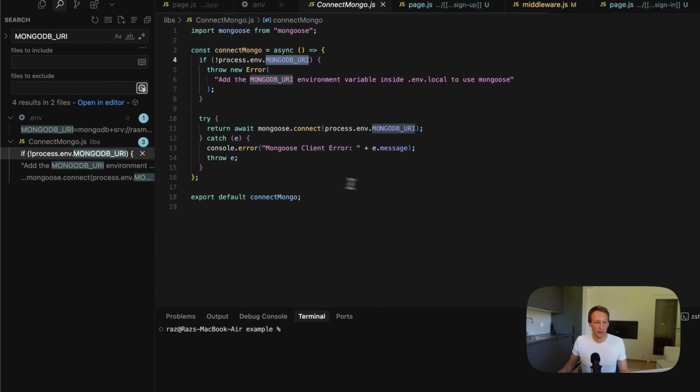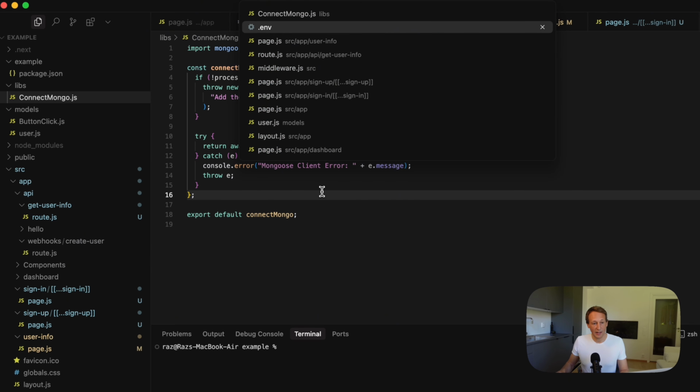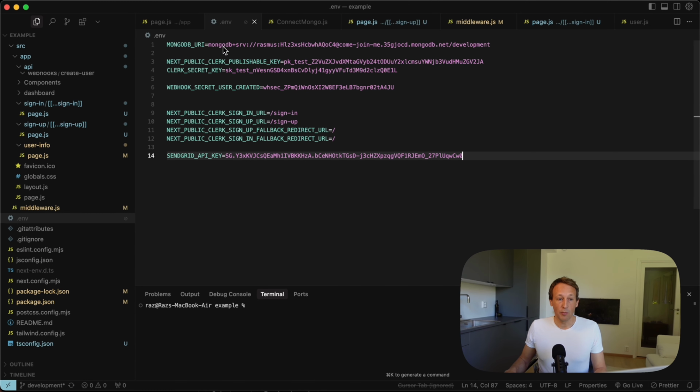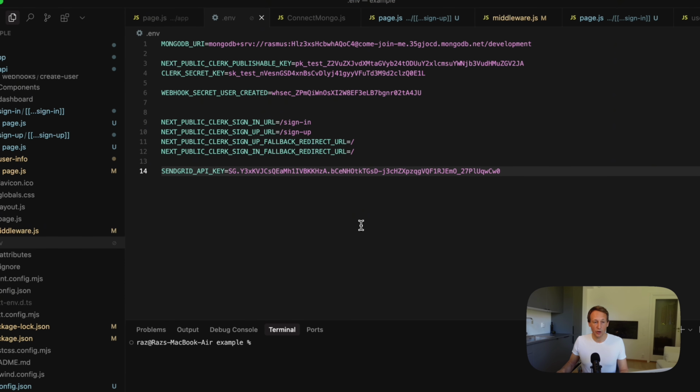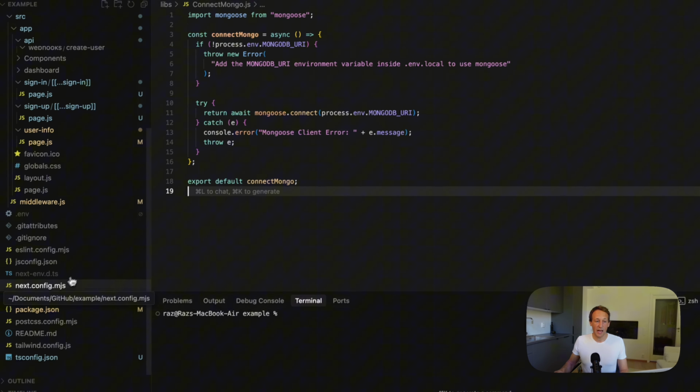So for instance, for the connect Mongo here we're just using process.env to get that string from the .env. We never want to hard code it here because then we might expose it, right? And if someone gets access to your string, for instance your MongoDB string, then they will have access to a database. So you never want to do that. You always just want to have them here in the .env and then access them using the process.env